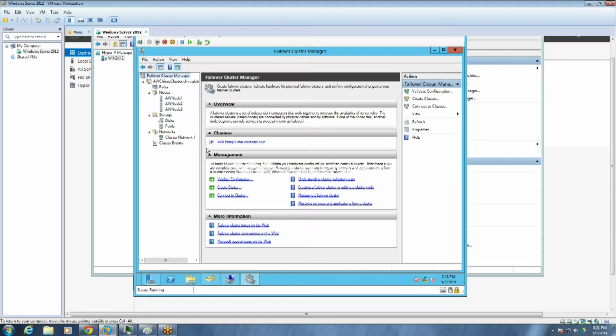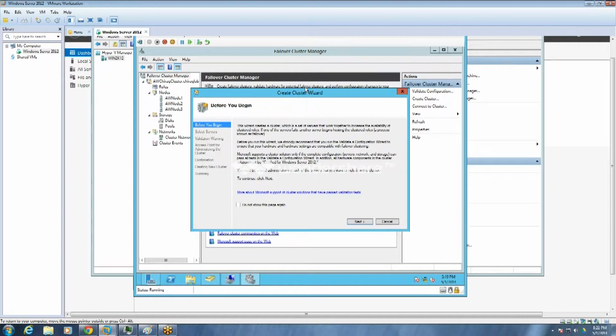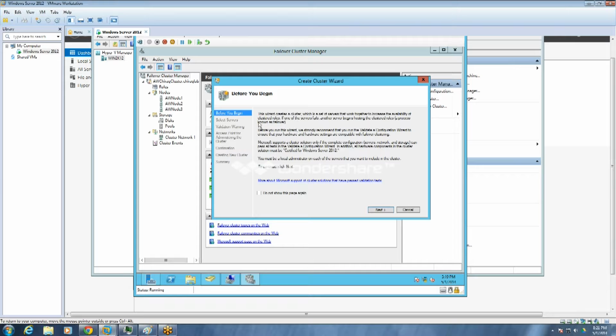So what I did is make a cluster by creating a cluster. Hit create a cluster over here and follow the same process. It will ask you what nodes you want to add, you add the nodes, and it will do the validation. You provide the cluster name and it will move forward. It will validate all the parts, check them out, and create the cluster for you. This is the wizard we discussed yesterday.